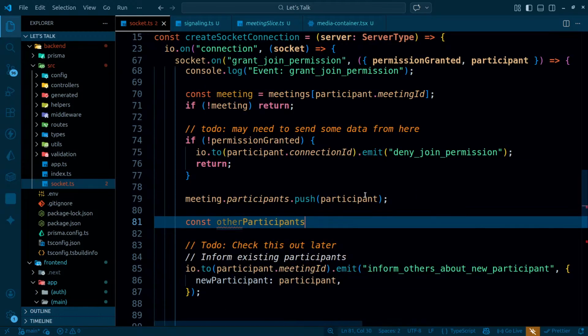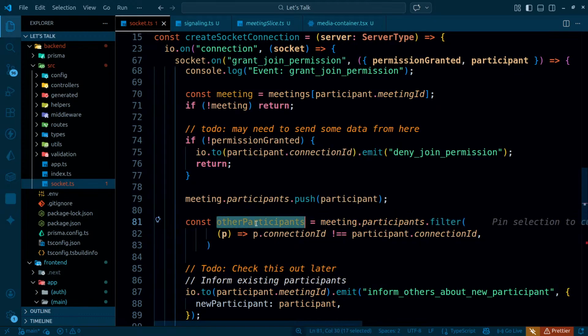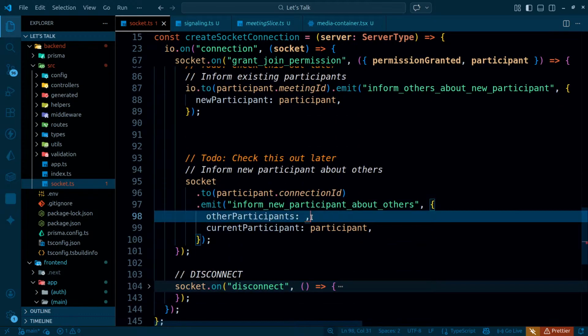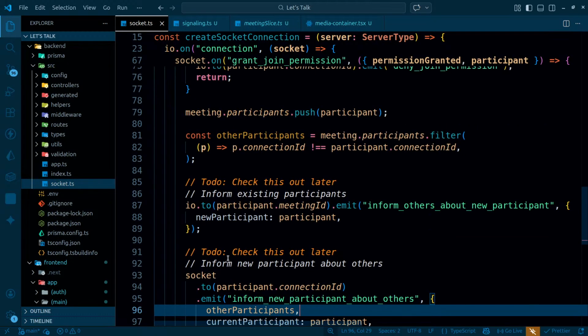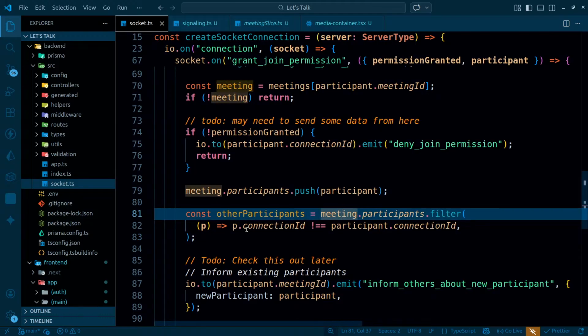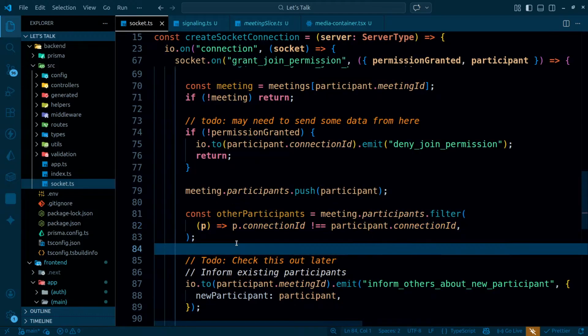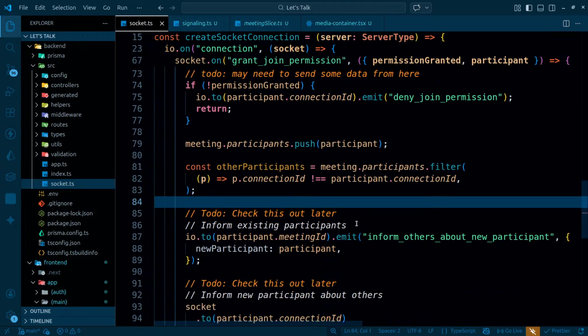Const other participants is gonna be just like this. It's gonna be somewhat like this. And once I got the other, how am I getting that? Meeting participants filter, and if that's not equals to participants.connection ID, so if that's not equals to the current participants, in that case I will be getting it,